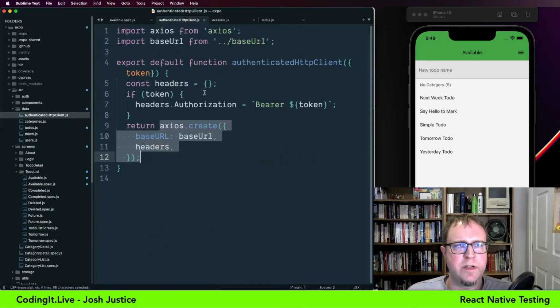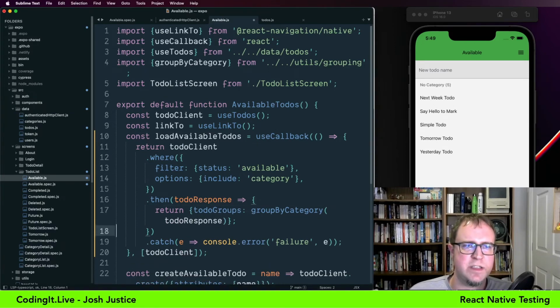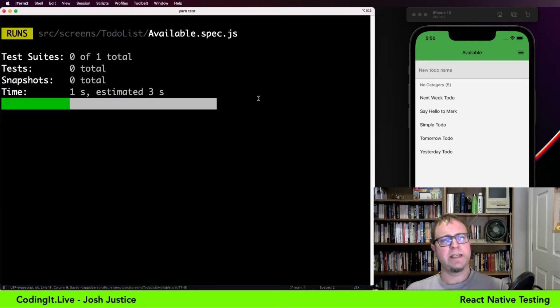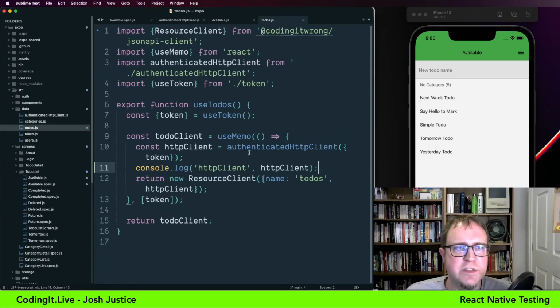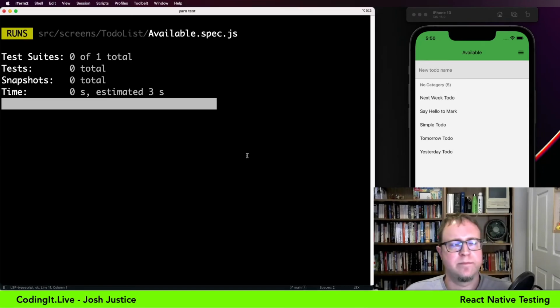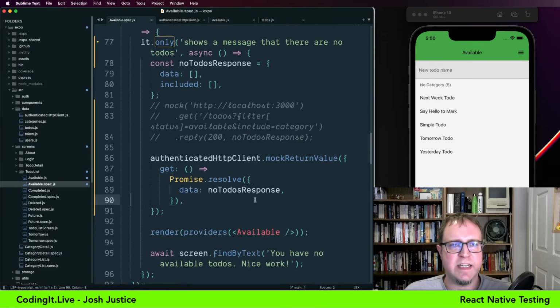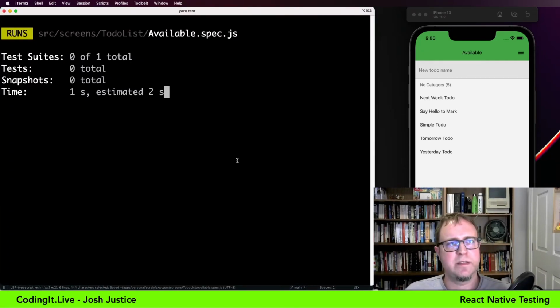Passing. We can get rid of this console log, and this console log, and this catch. We don't need to get it all out. We'll just make things a little bit simpler to get the test simply passing. Got one more log here in todos.js. So the test is passing, and the test will fail if we don't mock out this endpoint, mock out this